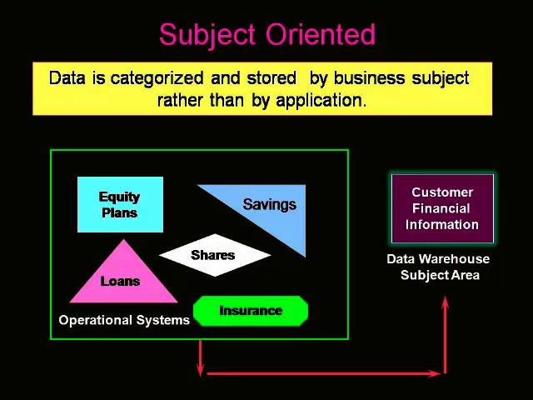Whereas external sources means sources like demographic information regarding your suppliers, which you may collect from yellow pages or customer lists. It could be weather data. There could be several other external files also. So in data warehousing, we integrate these subject areas into a single structure. That is called a data warehouse.